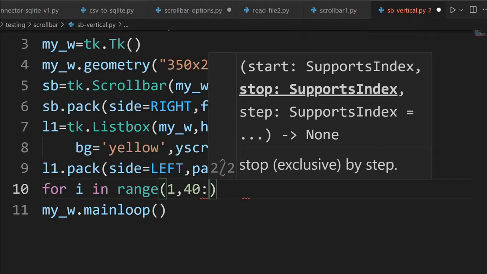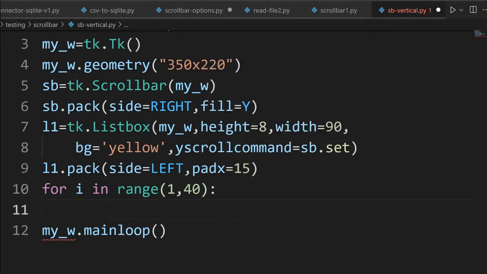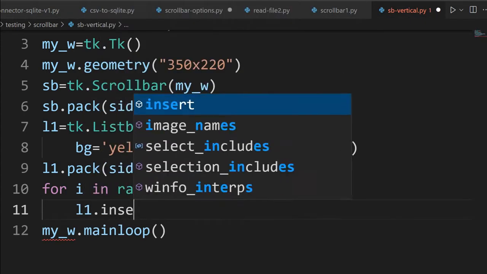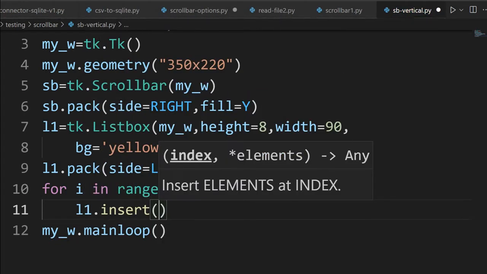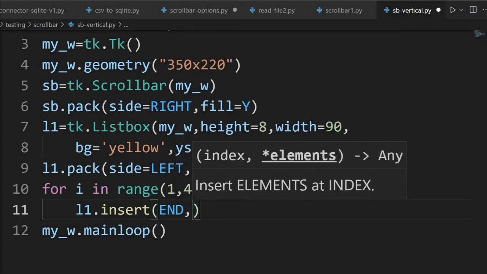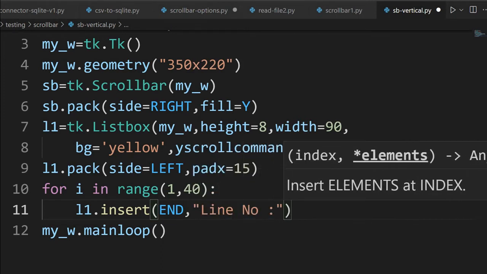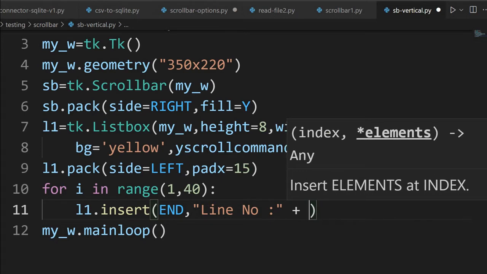So that many things. Now let me come to next line. Now L1.insert method I am using. You can see our tutorial on list box also. So here we'll say END, because up to that. Now we'll write line number, then we'll add here the line number.